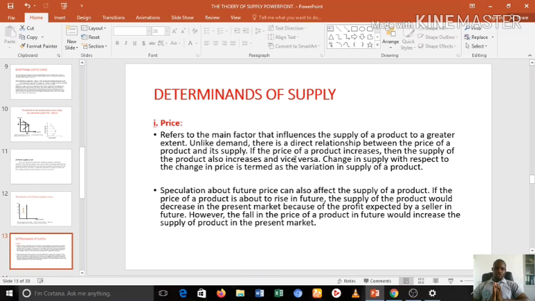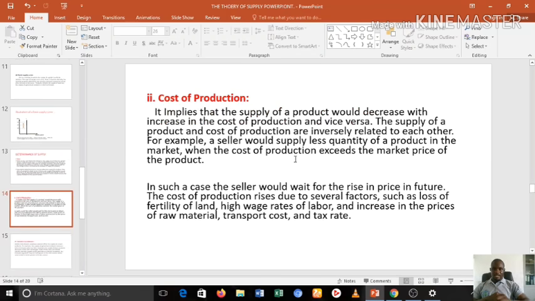Are we there? So of course, an increase in the prices of goods in the market will lead generally to an increase in supply for products. Good. The next one, cost of production. Now, under cost of production, we are simply looking at cost of production as a second factor that determines supply. We are looking at the production cost. What constitutes the cost of production?